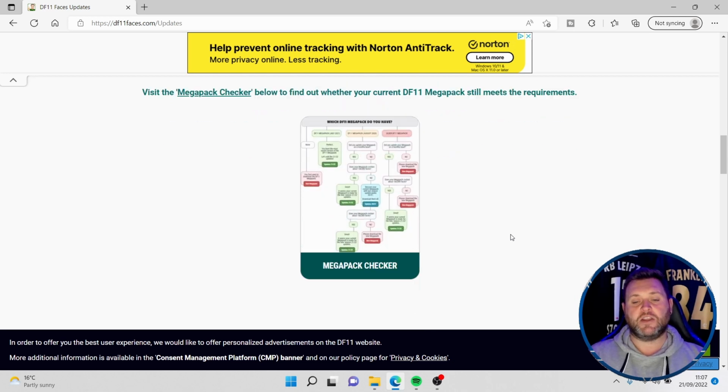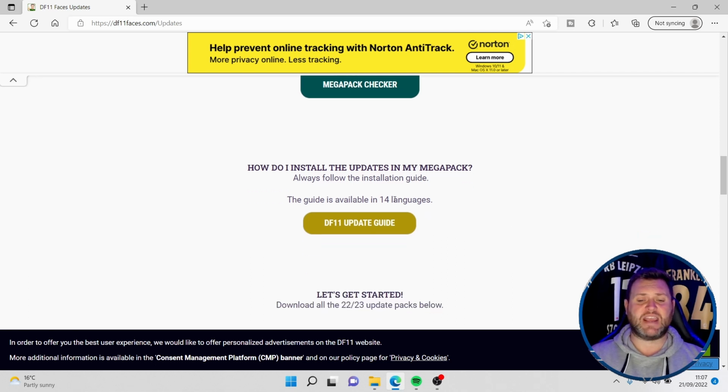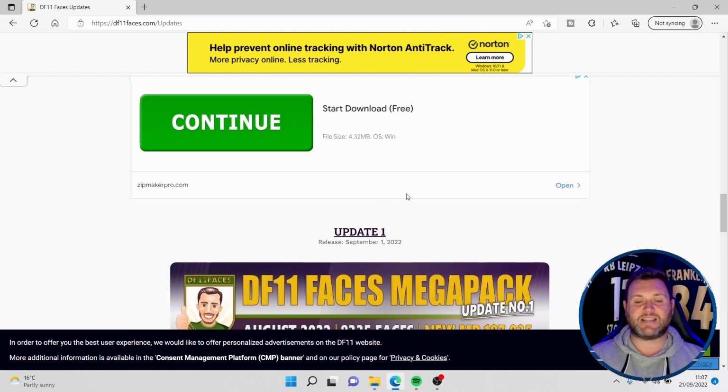For the purposes of this, we're just going to continue to download the 22-23 pack. So you can walk through all of these steps. It will be teaching you everything that you need to do in preparation for getting the file. And finally, it will say at the bottom, how do I install? You can have the update guide there, and then it will say let's get started. Download the 22-23 update packs below. Skip past the advert here,